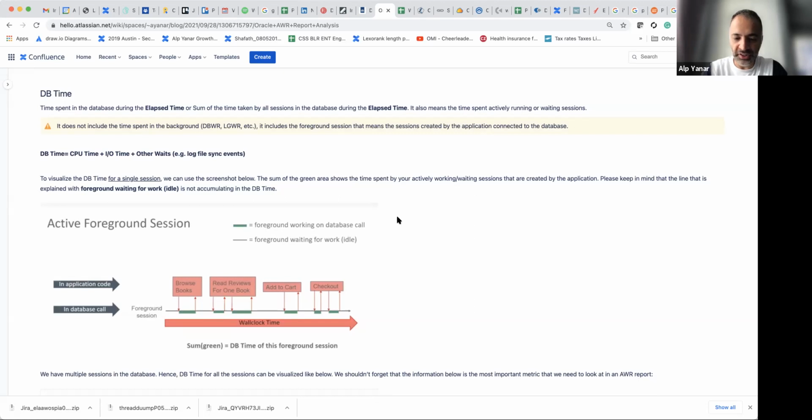I told you that you can ask them to generate a report for 30 minutes, right? So DB time means the time spent by foreground sessions. So foreground sessions here means our application, Jira, right? Or Confluence, or any other Atlassian product. DB time means that